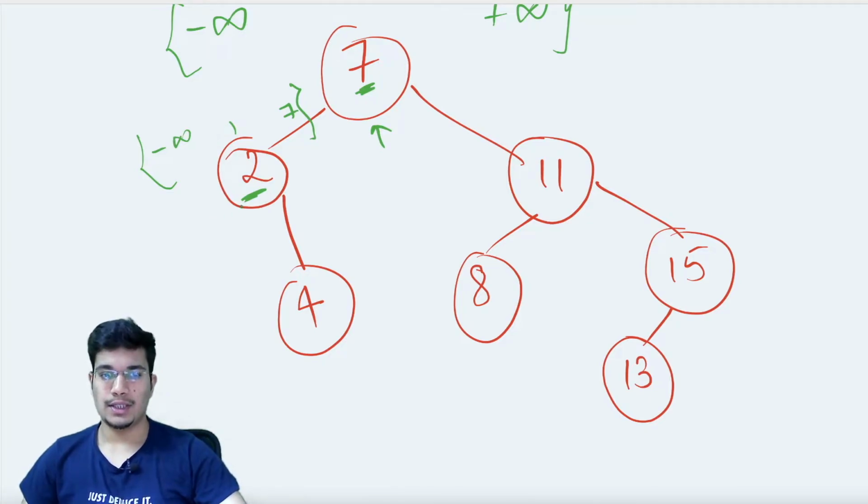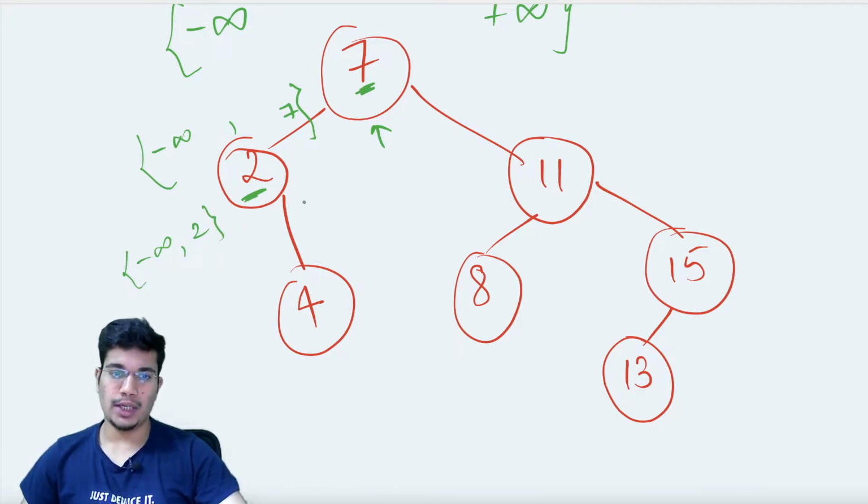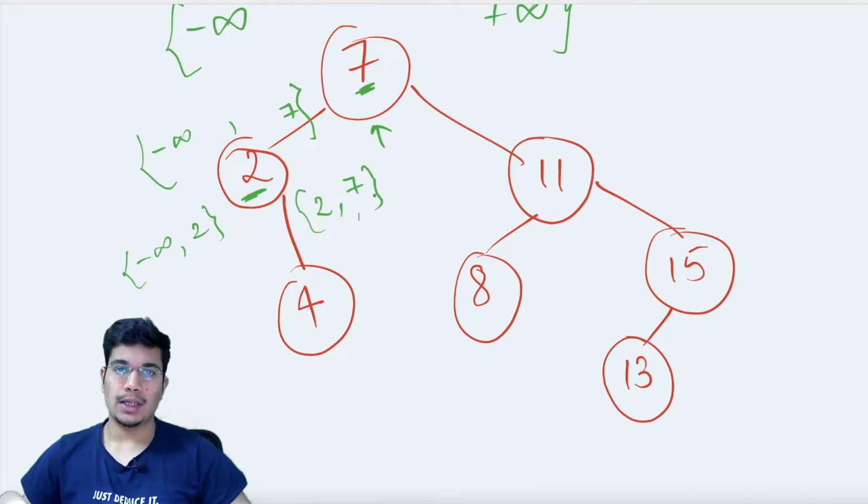We'll check if 2 lies between these two numbers, and it does. Then we'll make a recursive call towards my left, and on my left I'll again pass the values as minus infinity, and the upper will be bounded by 2, which is my current root node. There's nothing towards my left, so the call will return, and for my right the logic will reverse. My right will only be bounded on the lower limit by my root's value. Towards my right, my higher limit is going to remain the same, still 7, for node 4, but my lower limit will now be bounded by my current root's value, that is 2, because the values to my right can only be higher than my value, so it cannot be lower than 2.